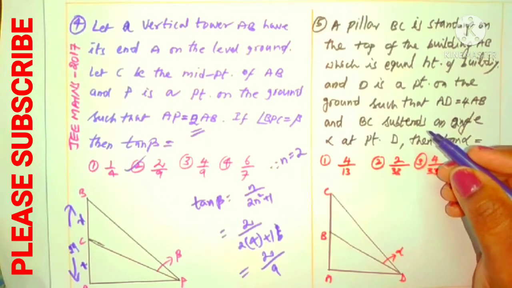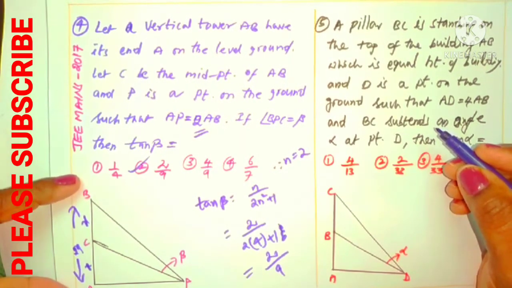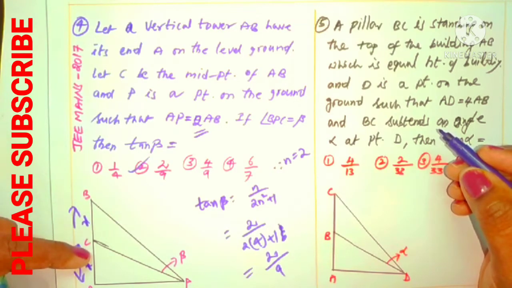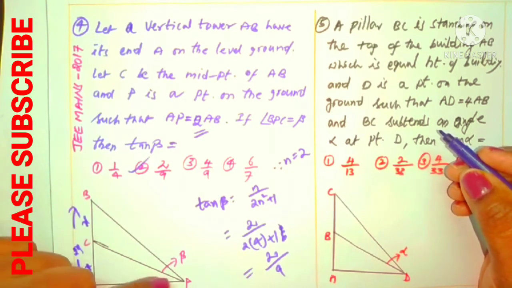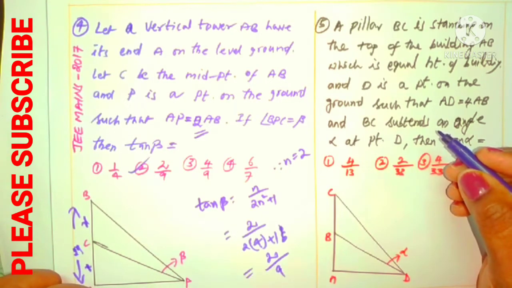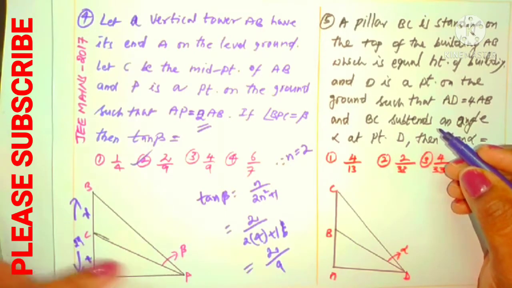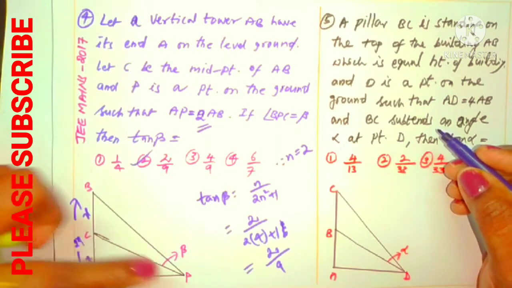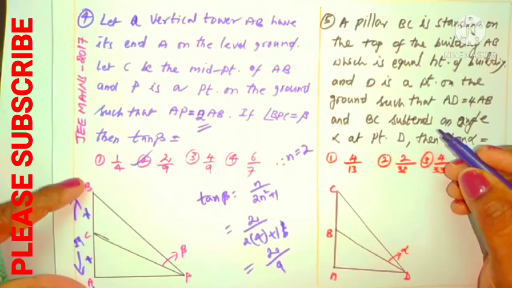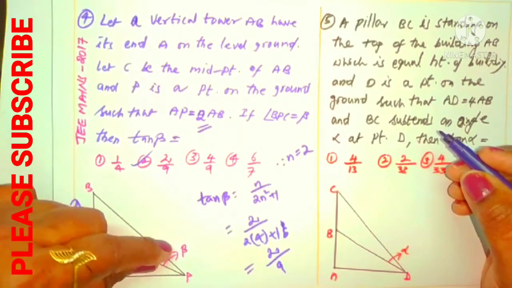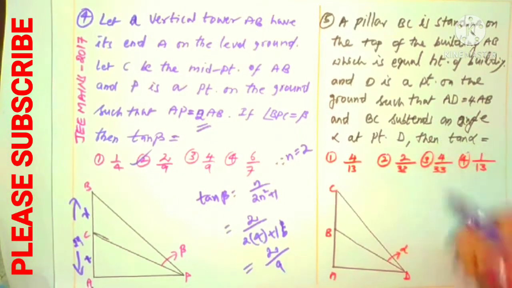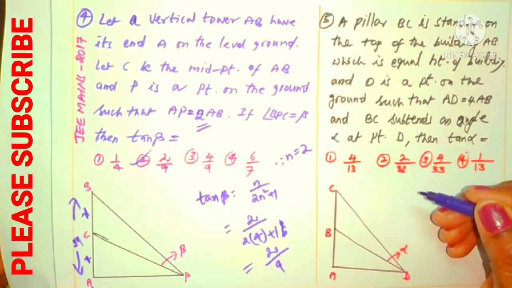For that, you have to remember the tip. When can you use it? When the portion is divided into two equal heights and the upper part makes an angle beta at a point on the ground, and the distance AP, whatever the names may be, that doesn't matter, is n times this AB distance. Then we can calculate tan beta by the formula n by 2n square plus 1. That is all I used here.